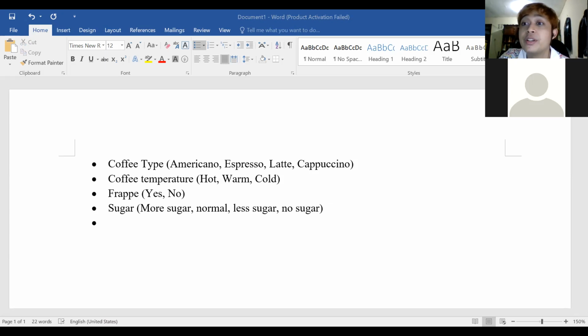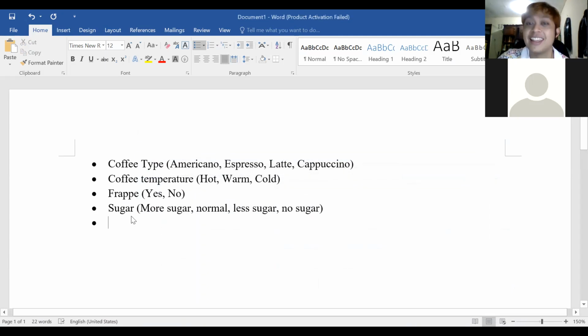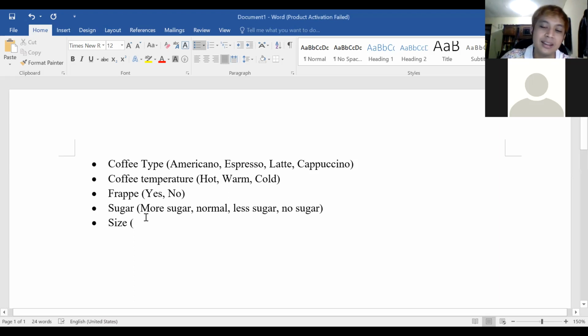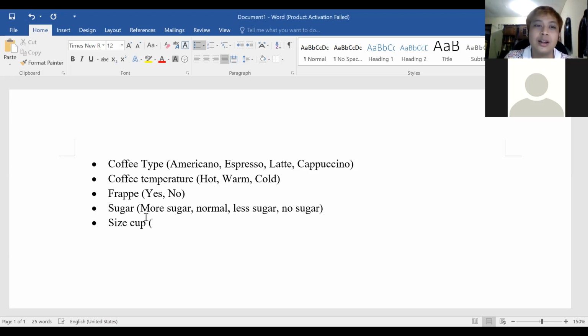Size. Yes, size. The size cup, right? I remember there is grande, but this is so Starbucks, right? I'm like a grande fan. Okay, a grande, but I think